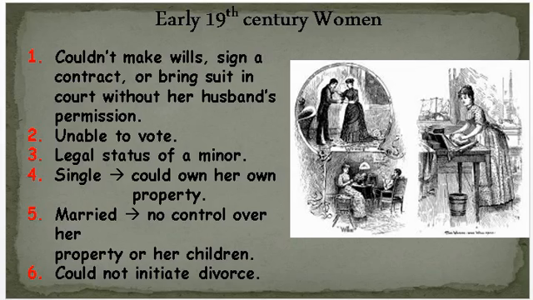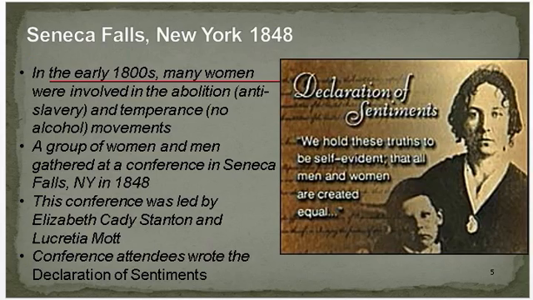They also, this is a big one, they also could not initiate divorce, meaning that if the relationship between the husband and wife was strained in some way, the woman could not be the one to try to end that marriage or initiate the divorce. So think about all the negatives of that. If a woman was maybe in an abusive relationship, she could not legally end that relationship or that marriage because it was not legal for a woman to initiate divorce. The husband had to do it.